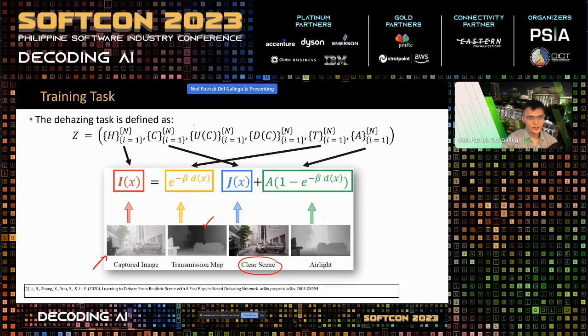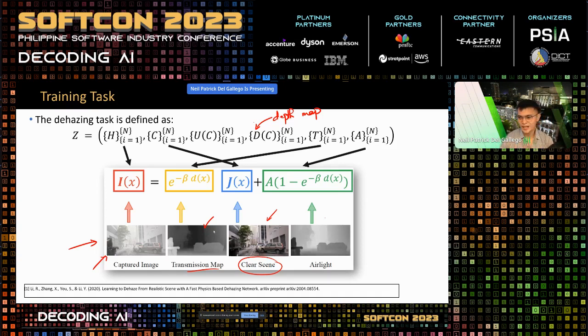So yung ibang letters dyan, for example, D of C refers to the depth map. So I will expand on that later. But to explain this equation, anong purpose niyan? So ito yung nare-receive ng camera nyo. So this is yung fog. And then according to this model, if you want to get the clear scene, meron kang transmission map. So ano muna yung transmission map? So transmission map, based on this visualization, it refers to